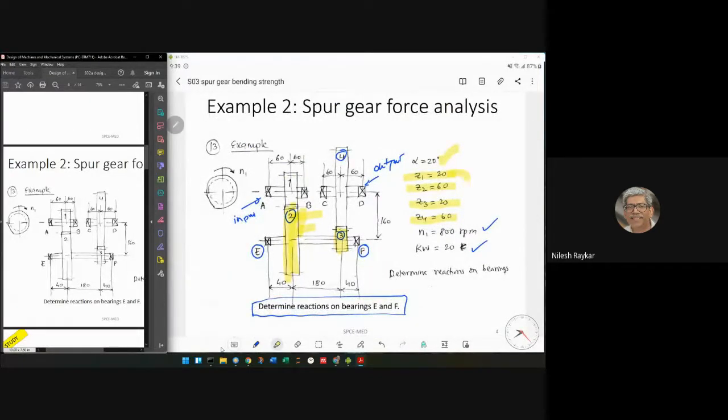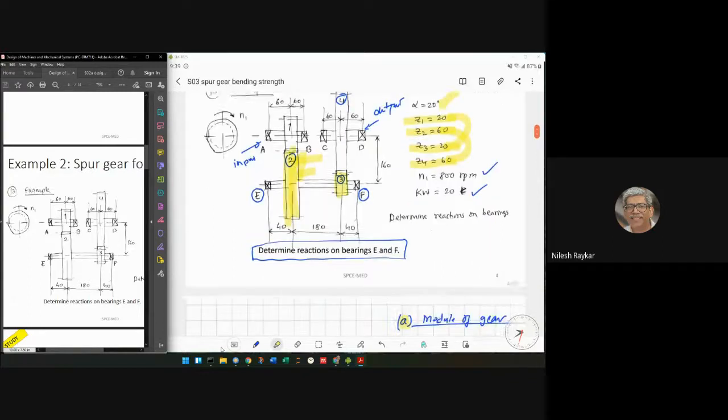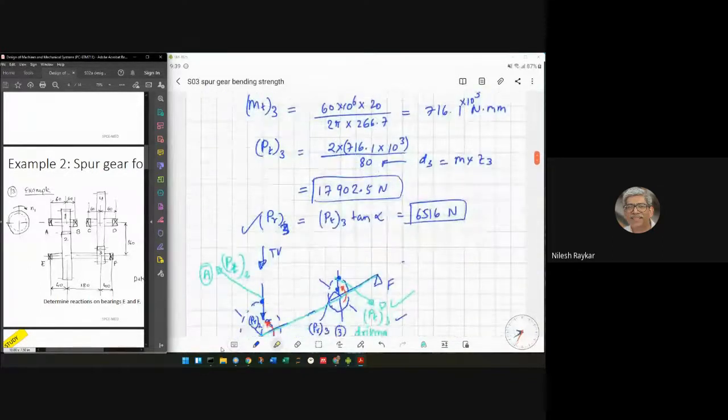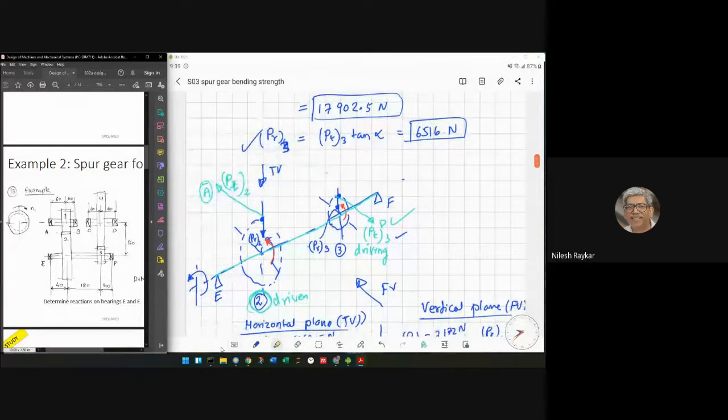So it is 20-20 and 60-60. That means you have to make 2 gears of 20 teeth and 2 gears of 60 teeth. So in this case, at least one would not select different modules for different gears. As we see later on, module has an important bearing or influence on the gear strength. Since all gears are transmitting the same power, the strength of all gears would be required to be same.